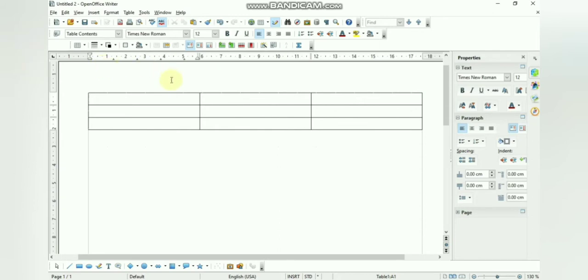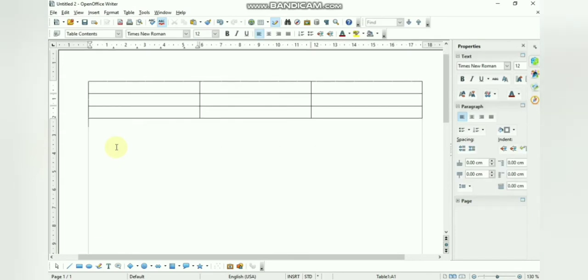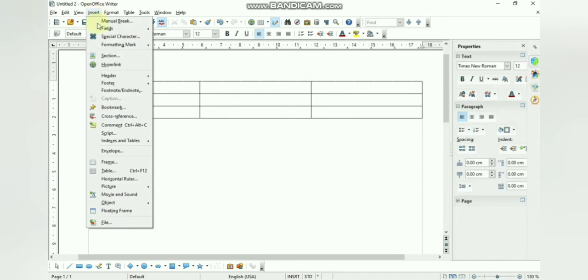There is one more way of inserting a table. First of all, you have to place your cursor where you want your table to be inserted. Then click on the Insert command and then click on the Table option. The shortcut keys, please remember, are Ctrl plus F12.